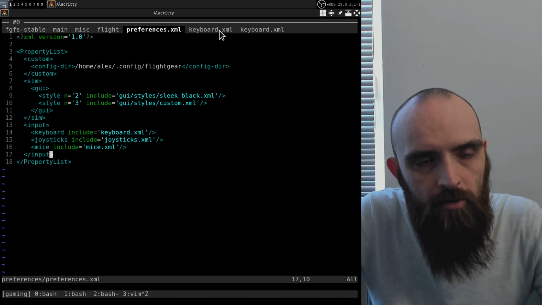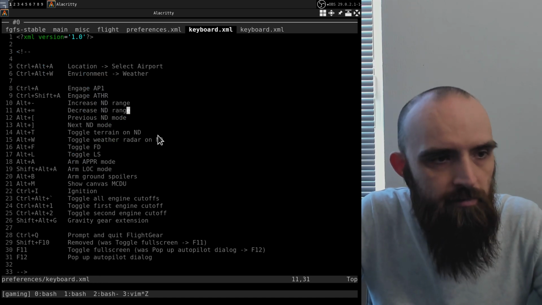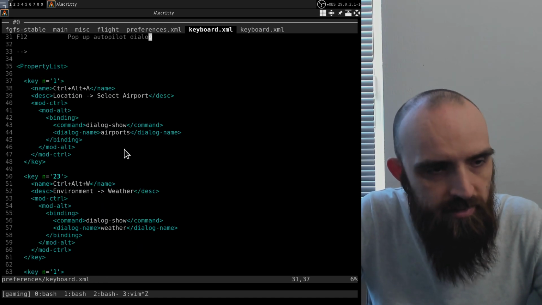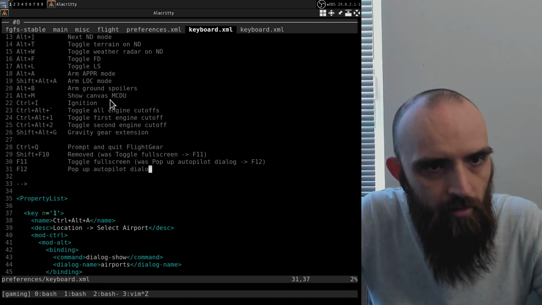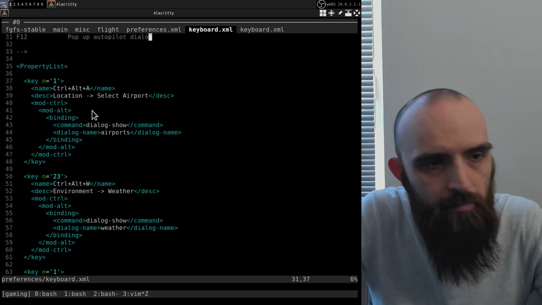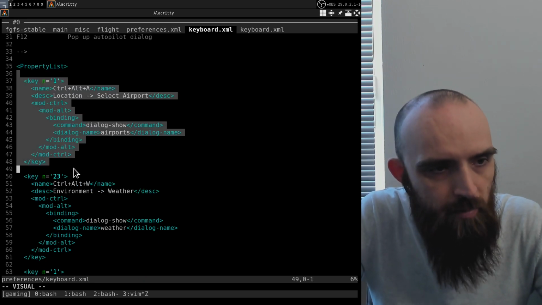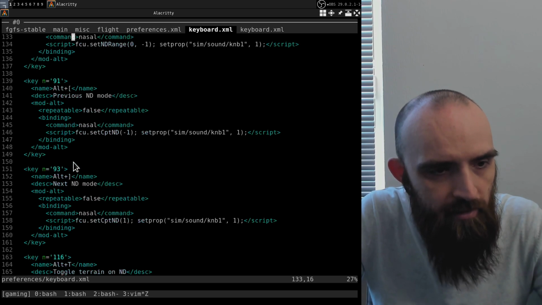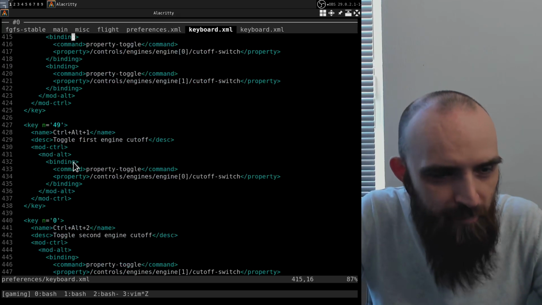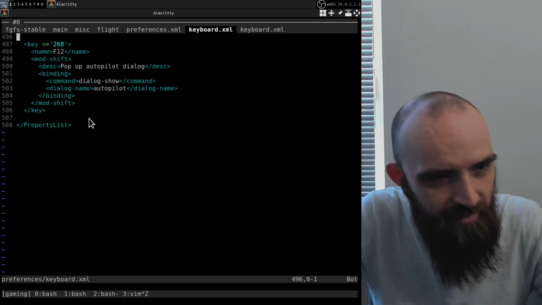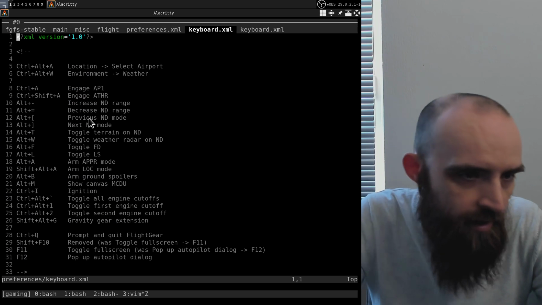Let's now also take a look at the keyboard.xml file. So keyboard.xml looks like this. It's a file that has all of the keyboard bindings. So you can see each binding basically has this format, and if we scroll down, this is how it all looks. It's not the easiest format to work with, I find personally,